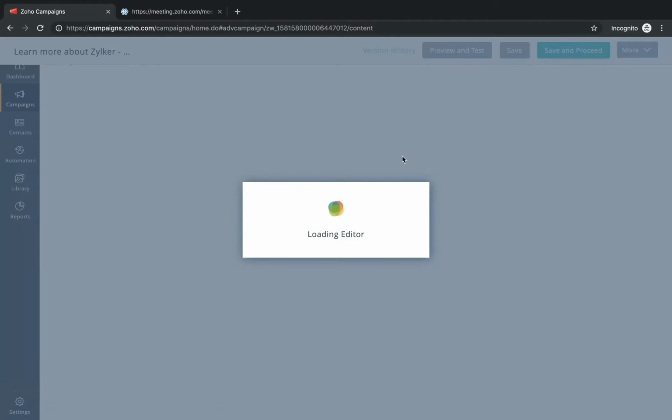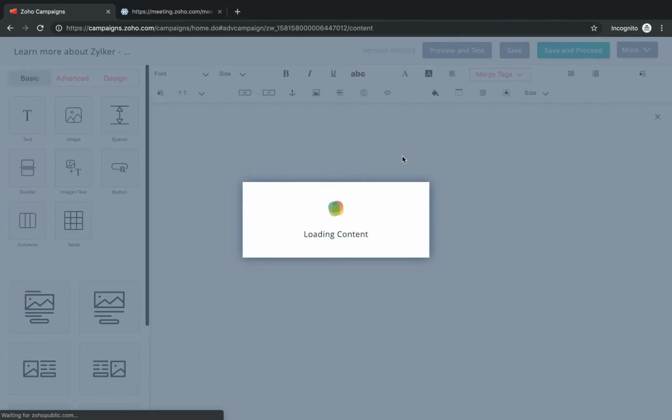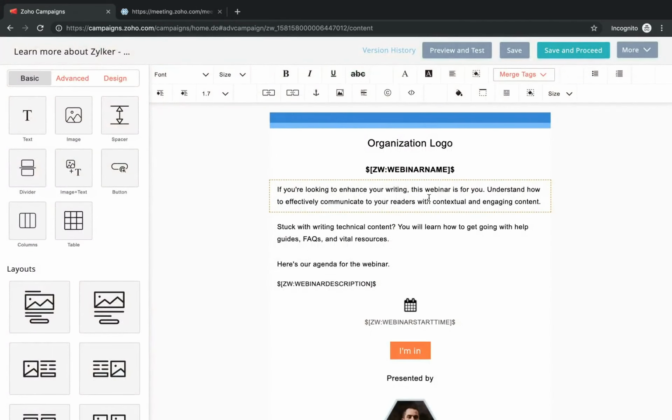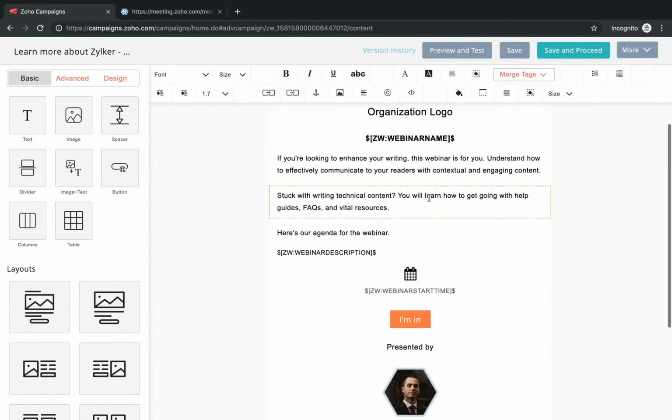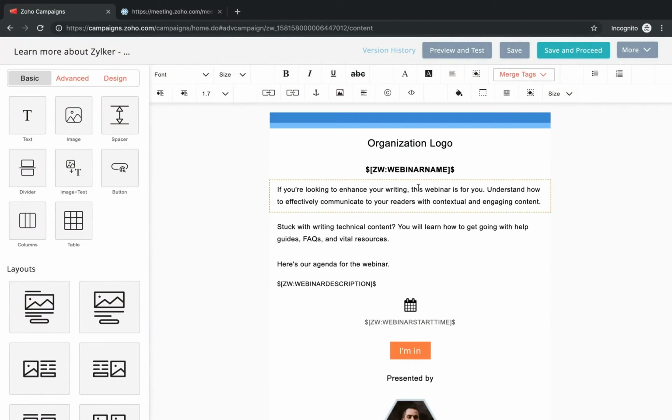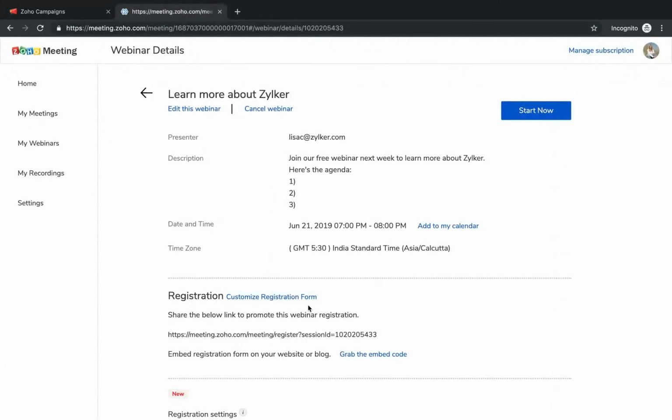Yeah, so it's getting loaded. Yeah, so this is the pre-designed template, and here in the editor, the merge tags will automatically get updated according to the details that you have provided in your Meetings account.